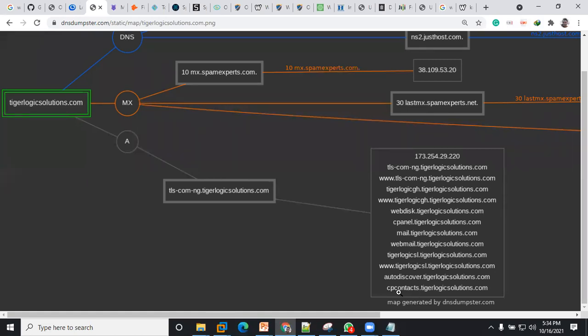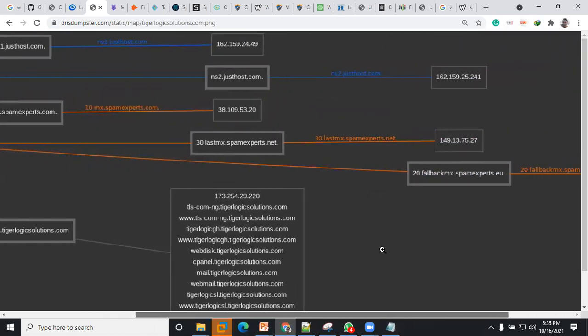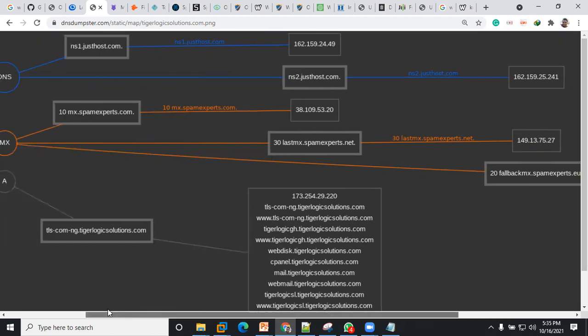This is very important, because once you have information around the subdomain, there might be sensitive information around, for example, web email. If you want to conduct a DDoS attack, you can conduct it against the web email subdomain URL of that victim URL that we have, right? Then you can see that the web server is hosted using Just Host, right?